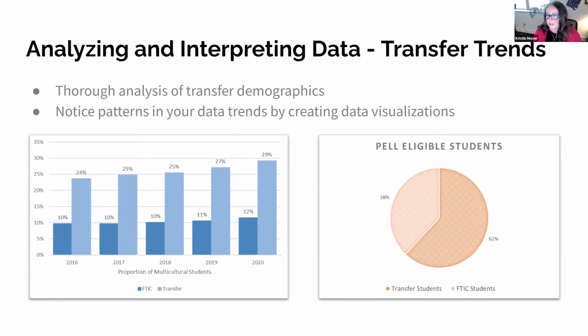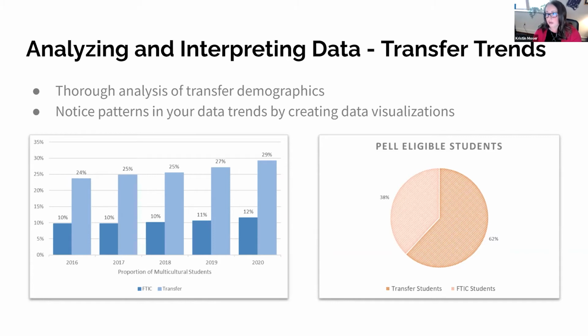And so maybe you have a transfer population of 30%, but you see by visualizing like we've done here, that your Pell eligible students actually transfer makes up 60% of those students. So there's that disproportionate representation for transfer students in your Pell eligibility requirements that could potentially change how you do some of your work and your outreach. And I know I've said this and I'm going to keep saying it,